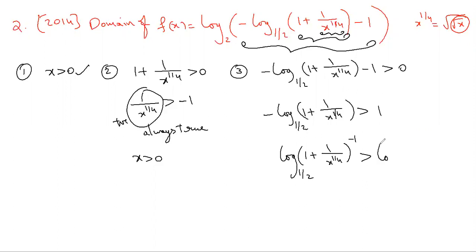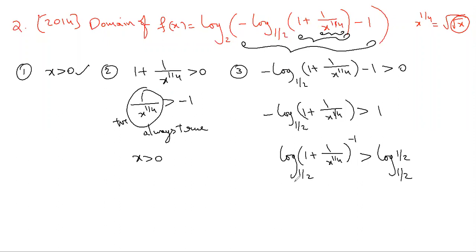1 can be written as log half base half. We did similar problems in the regular class. So when 1 is there, we'll write the 1 as log half base half. Why are we writing like this? So that we can remove the logarithm and get the interval where x is allowed for this to be defined. So now when you're removing the logarithm, because the base is less than 1, the inequality should be reversed.